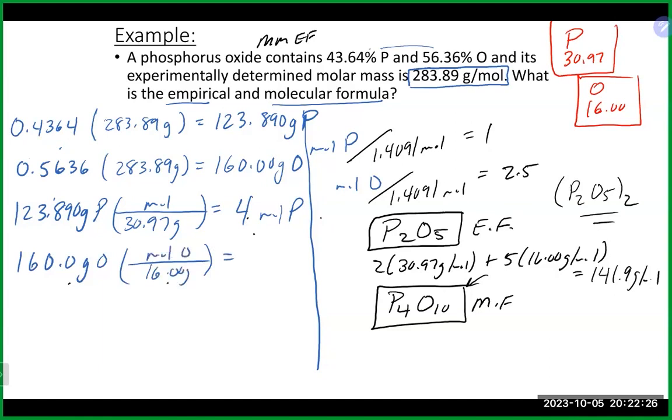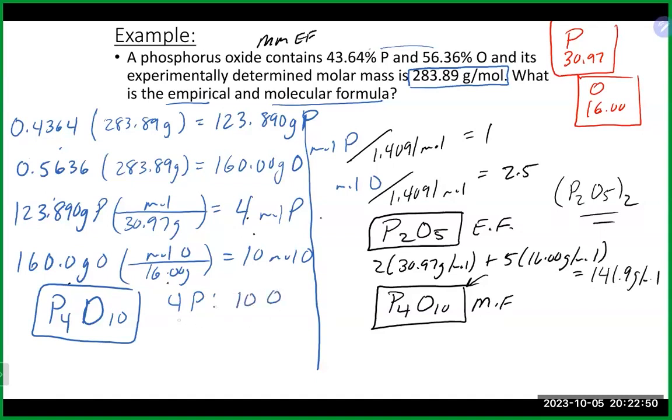And we take 160 divided by 16, which gets us 10 moles of oxygen. That is my molecular formula right there. And now that I have my molecular formula, that is a 4 phosphorus to 10 oxygen ratio, which means I could divide everybody by 2 and still have whole numbers. That gives me 2 phosphorus for every 5 oxygens. And now I have my